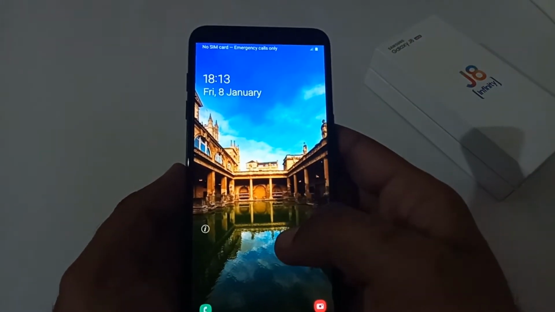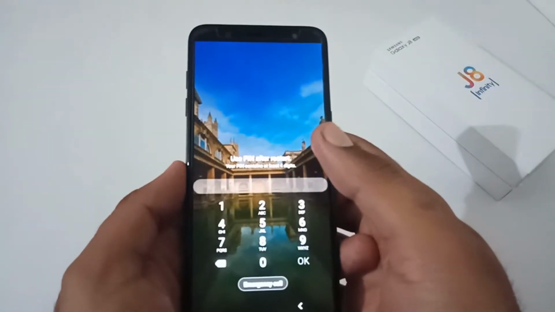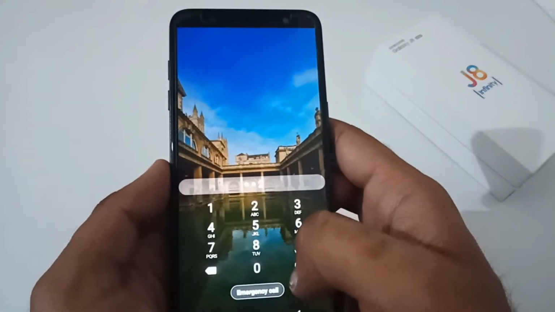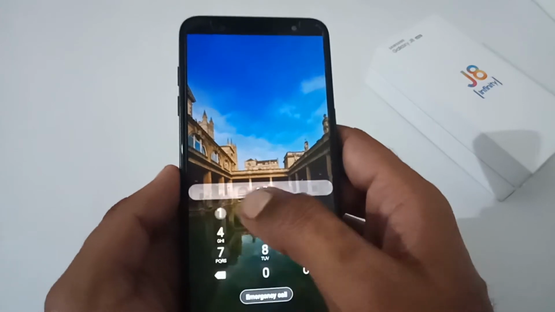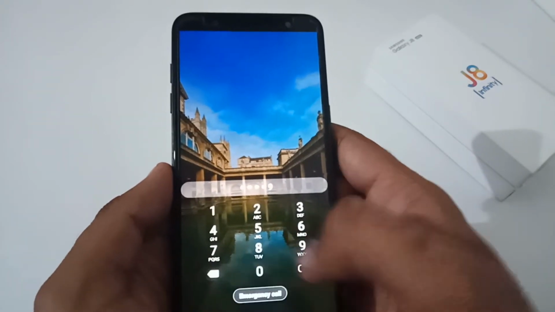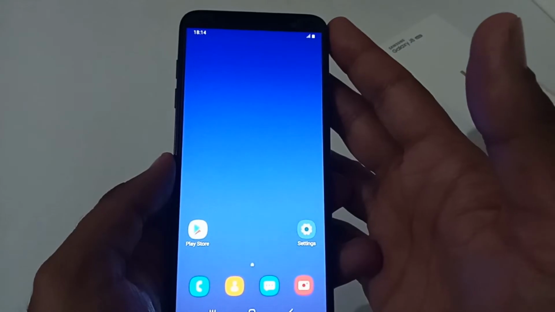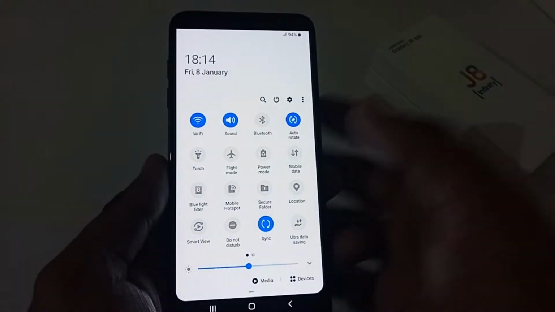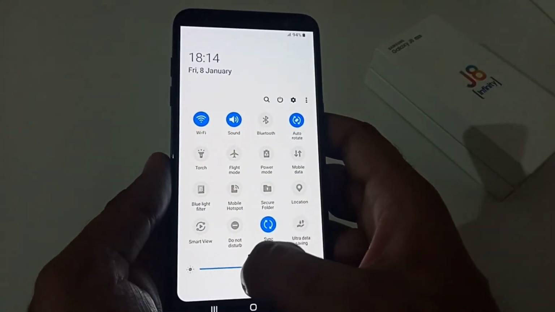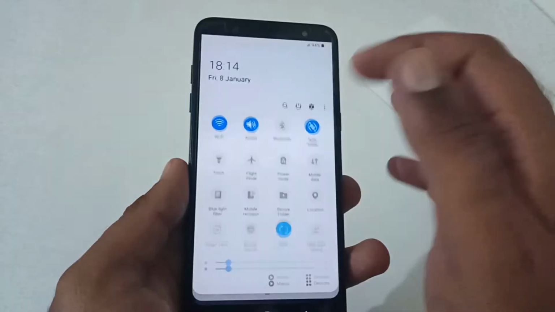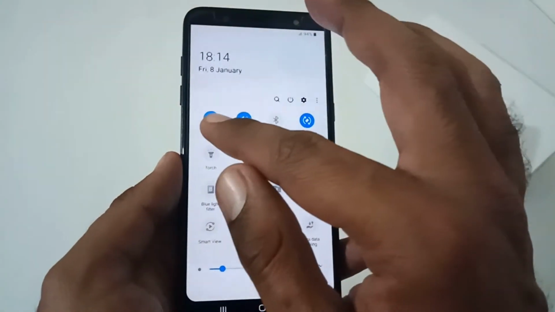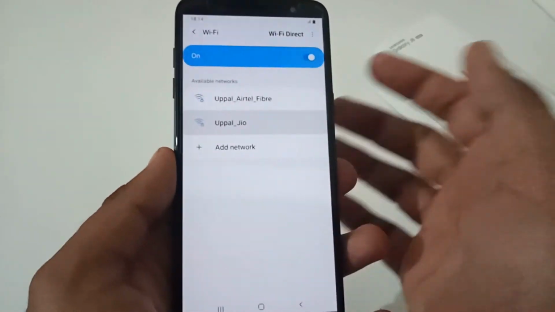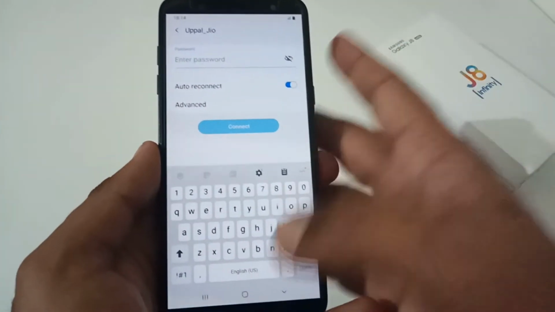So our phone has booted to the login screen. Let me enter the password or PIN I have set up, and this will also confirm that your login information will not be reset with these reset settings. If it is found legit, then it will allow me to log in. Now you can even see the brightness level has been reset, so I'll just set it to the one which is desirable. Before doing the reset settings, I showed you that I was connected to a Wi-Fi connection. Let me tap it here, and this was the Wi-Fi connection. Now it is asking me to enter the password.